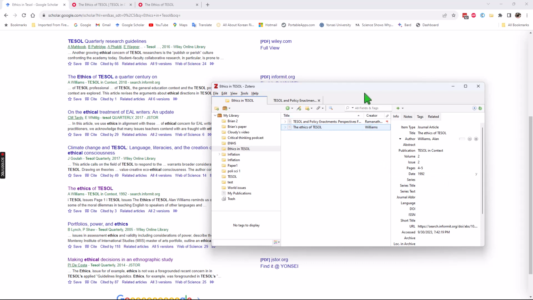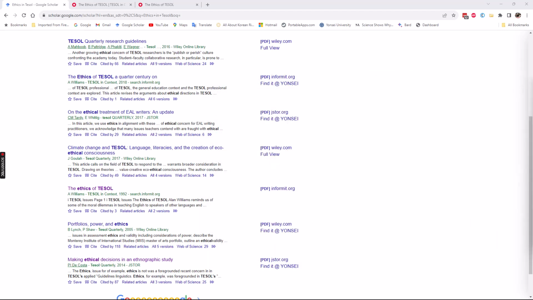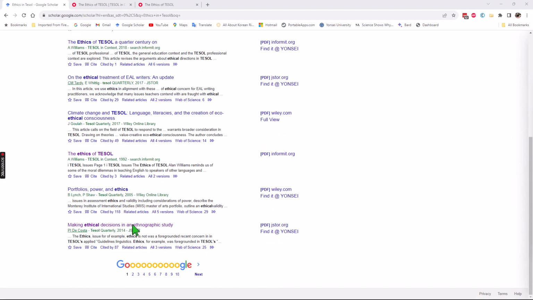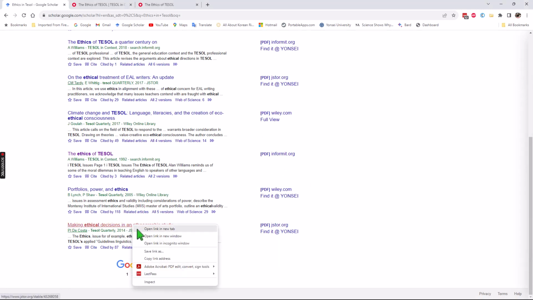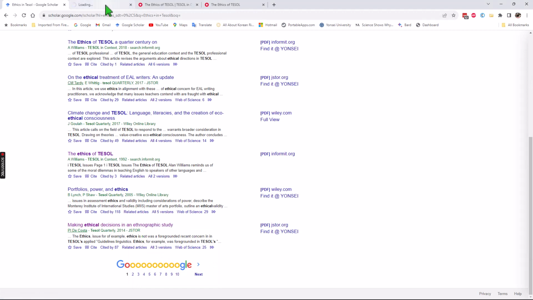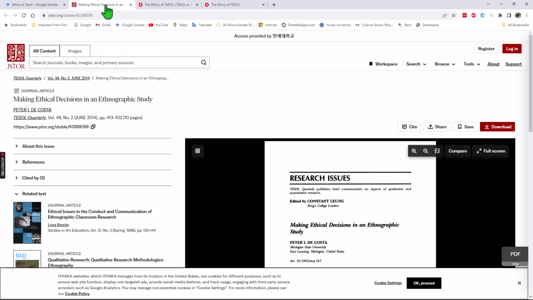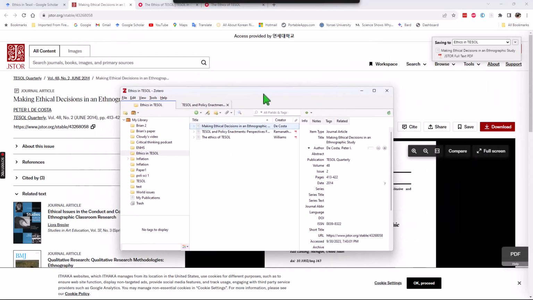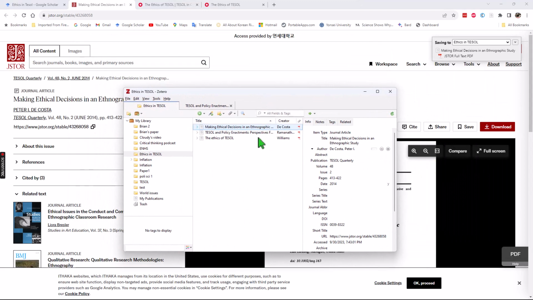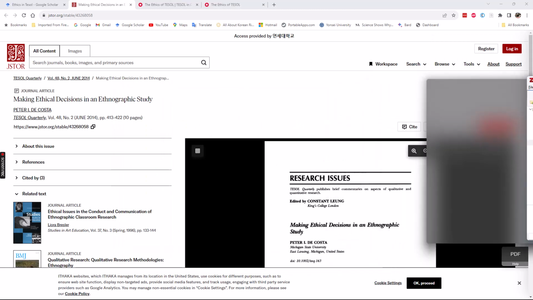Let me go to the next paper, Ethical Decisions in Ethnographic Study. This is an interesting one as well. Open that in a new tab. And assume that I've done all my due diligence on this stuff, guys. Here, I'm going to go ahead and save it. So it's saved it to Zotero. Now I have 3 different sources. And what I need to do now is open up a